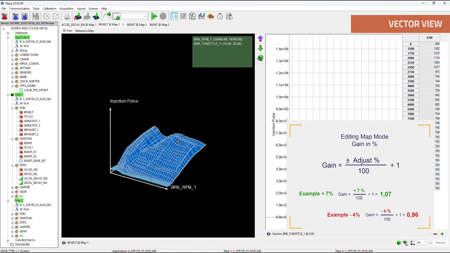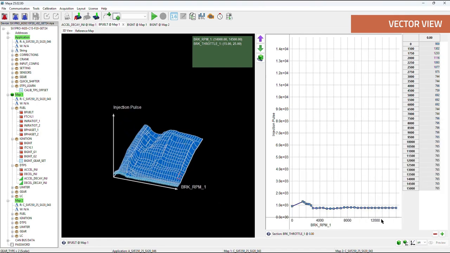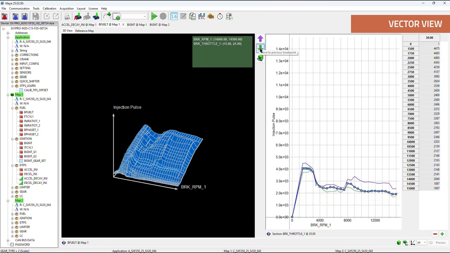So the 3D view is accompanied by the display of the vector, which is represented by the blue line highlighted in the 3D view. You can move it forward with the purple arrows, and backward with the green arrows. In the vector representation, the selected line is shown by the purple row. The purple line represents the current vector, the next line, and the green row represents the previous one.